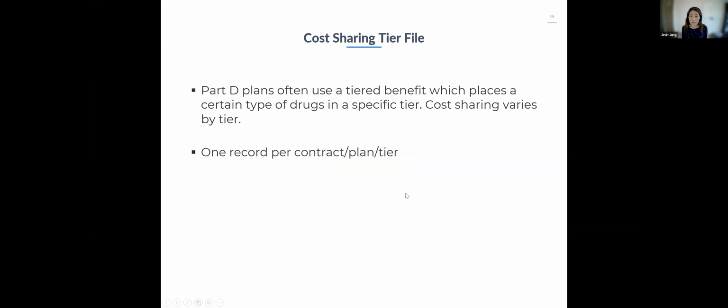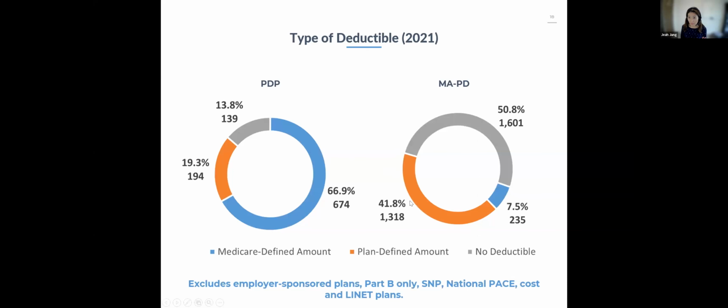And that's what's in the plan benefit base file. So if you are thinking of some research ideas or study ideas along this line, you can say, oh, I can probably get most of the information I need from the benefit base files. Now there is another separate sub-file called the cost sharing tier file. And what does this have? This has information on tiers.